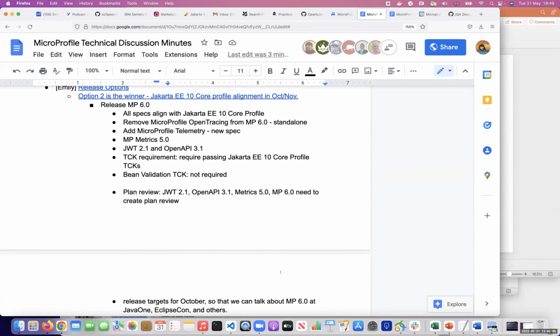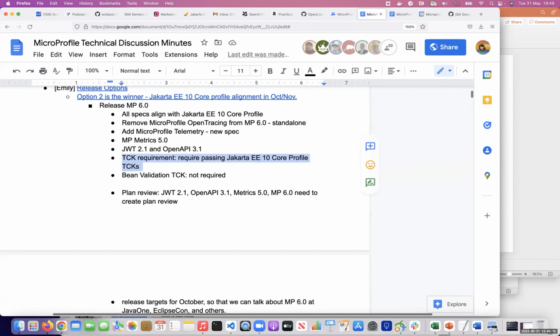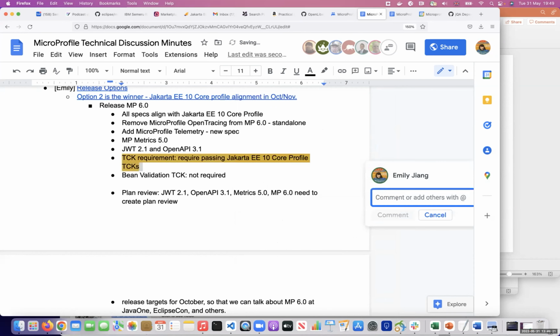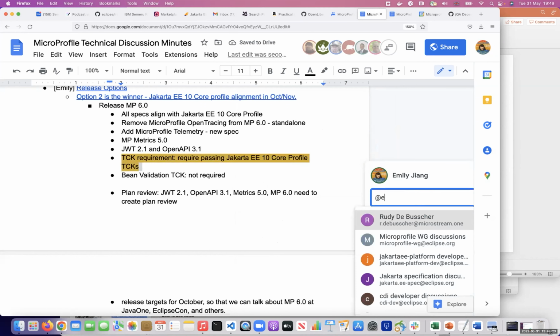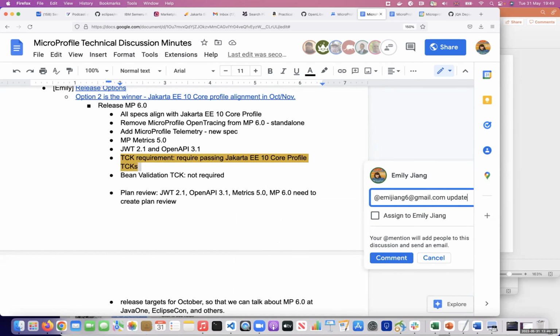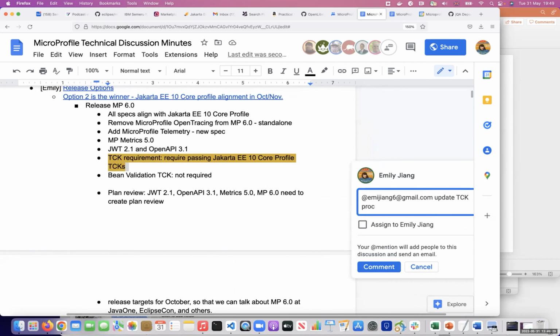I think there are to-dos, so we can create the plan reviews, and also the TCK requirement. So I will need to update the TCK process. Let me assign that to myself.